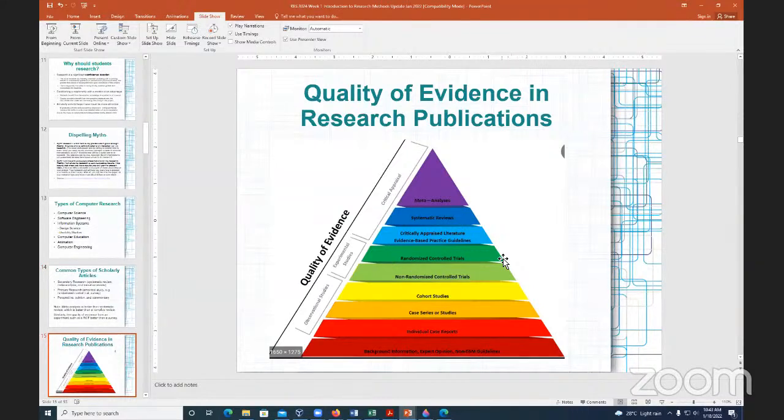Okay, thank you. Right, so a randomized control trial is an experiment where you have two or more arms. One arm is called the experimental arm and the other arm is called a control arm. In medicine, one group, the control group, is given a placebo, like a sugar pill, though it doesn't have to be a sugar pill. And then the other group is given the medicine. That could also be in computing, or let's take it in education.